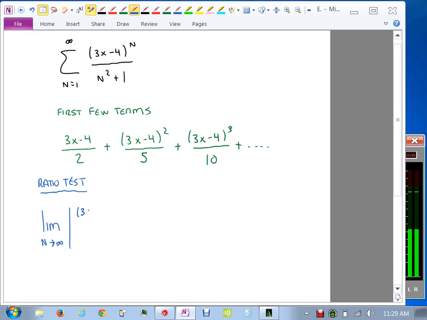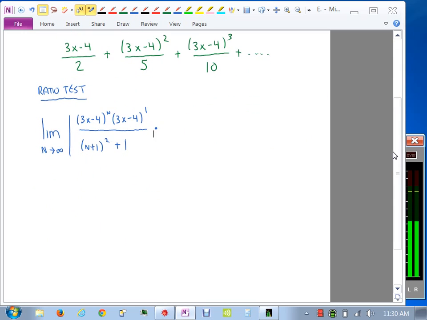That would be (3x minus 4) to the n plus 1, but I'm going to go ahead and write that as (3x minus 4) to the 1 next to it, over (n plus 1) squared plus 1, times